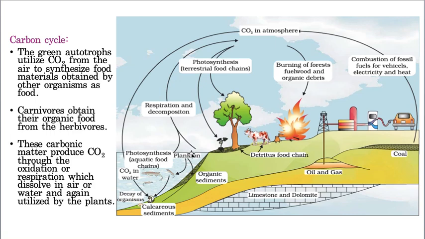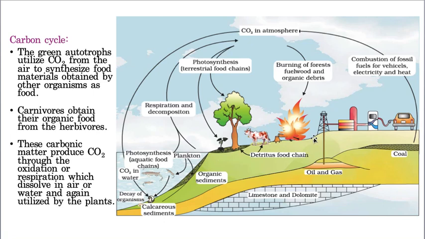And when all these organisms die, it again results in the addition of carbon dioxide into the atmosphere. That means first of all the atmosphere, and from the atmosphere the carbon dioxide is taken by the plants, and from the plants it is taken by the herbivores, and from the herbivores it will be